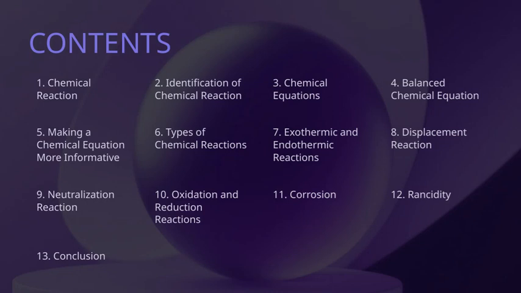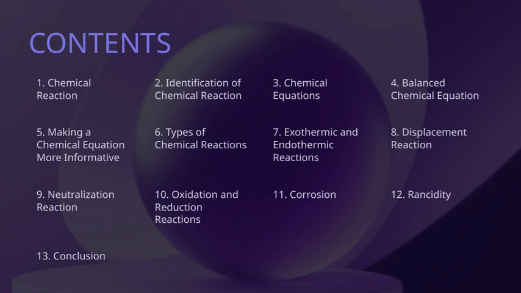Let's begin by understanding what chemical reactions are. Essentially, a chemical reaction is a process where substances interact to form new substances with different properties. This is the foundation of everything we'll explore today. Moving forward, we'll look at how we identify these reactions, which is crucial for understanding what's happening at the molecular level. Once we can identify a reaction, we can make our chemical equations more informative by including details like conditions